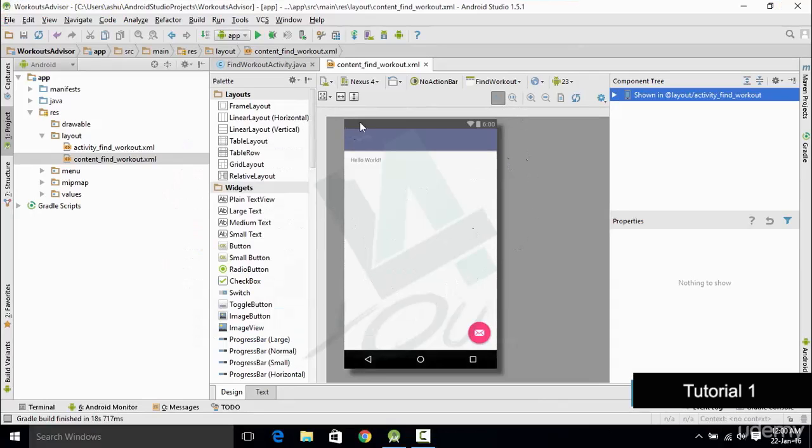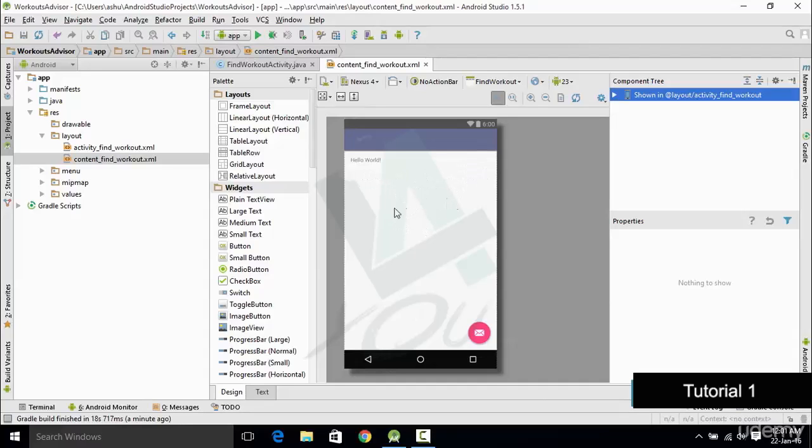So the first thing which we will need to do is discuss the layout of our application. This workouts advisor is going to have a certain set of options. Right over here we are going to have an input such as a list box or the drop down menu, and after the drop down menu we are going to have a button. The drop down menu is going to consist of options like for which body part you want to work out for. For example, this drop down menu will contain options like chest, legs, biceps and triceps,